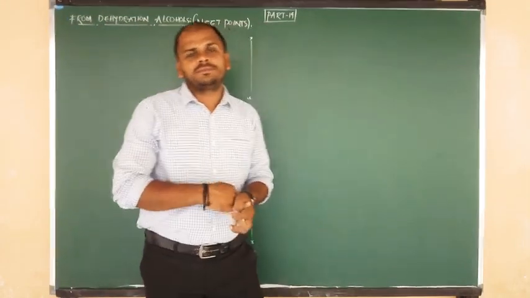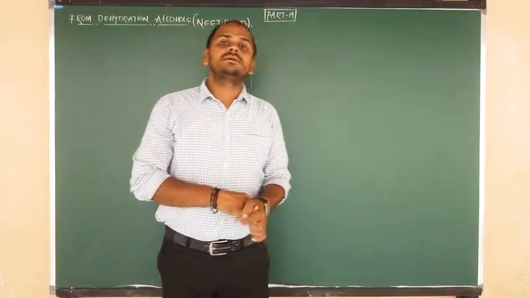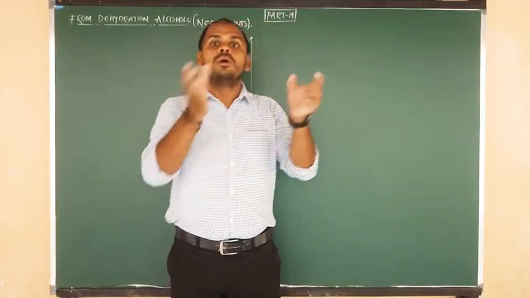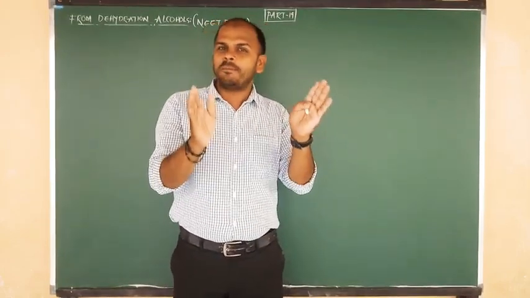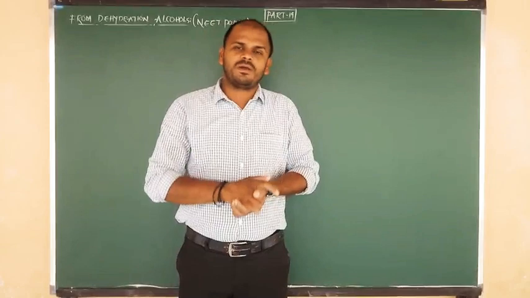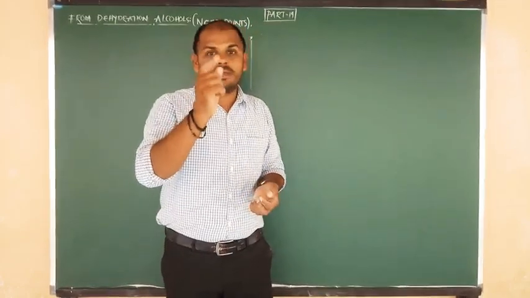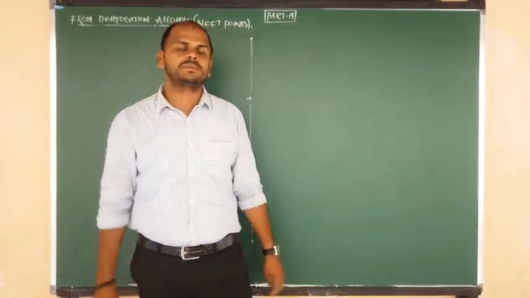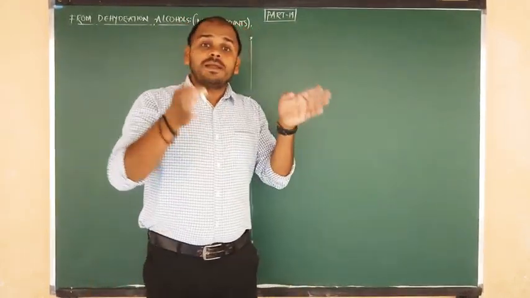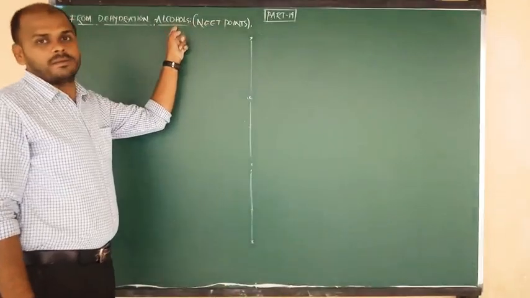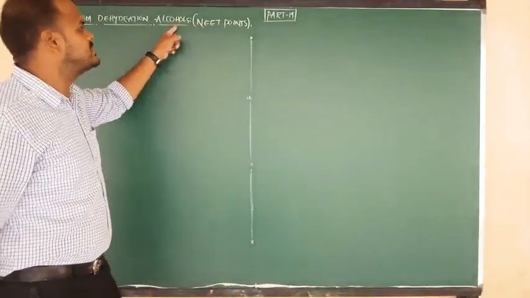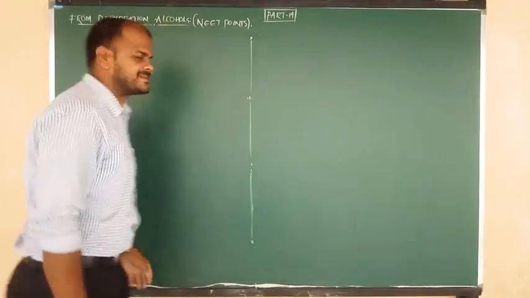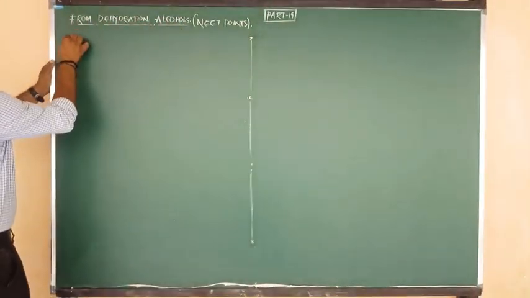Hello my dear students. In the last class we studied the dehydration of ethanol to ethene, nothing but the topic dehydration of alcohols, and we studied that mechanism. The mechanism was so important, beta. Try to practice all the steps. Good. So from that topic, now in this video class we are going to discuss some ultimately important points. Let us go for the first point.